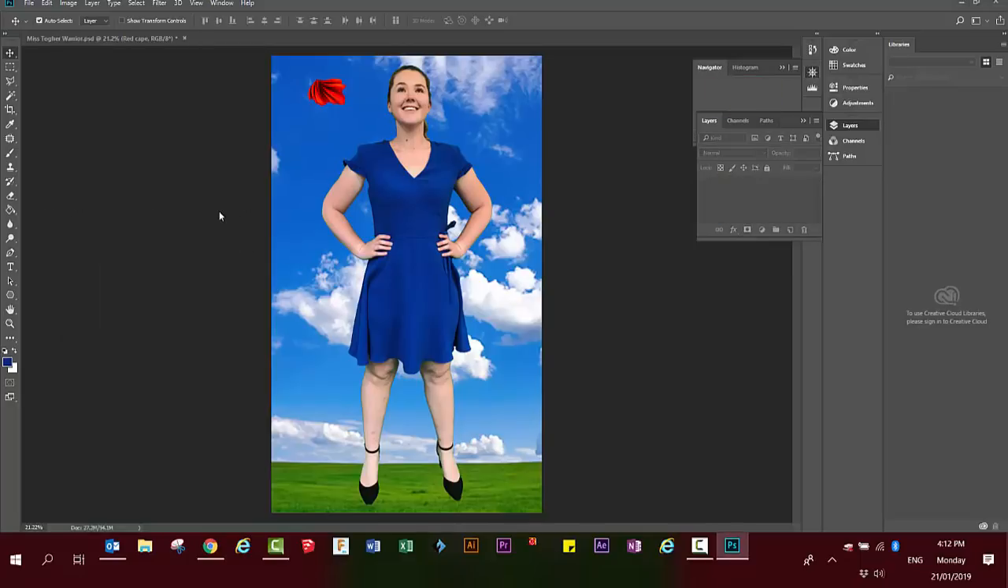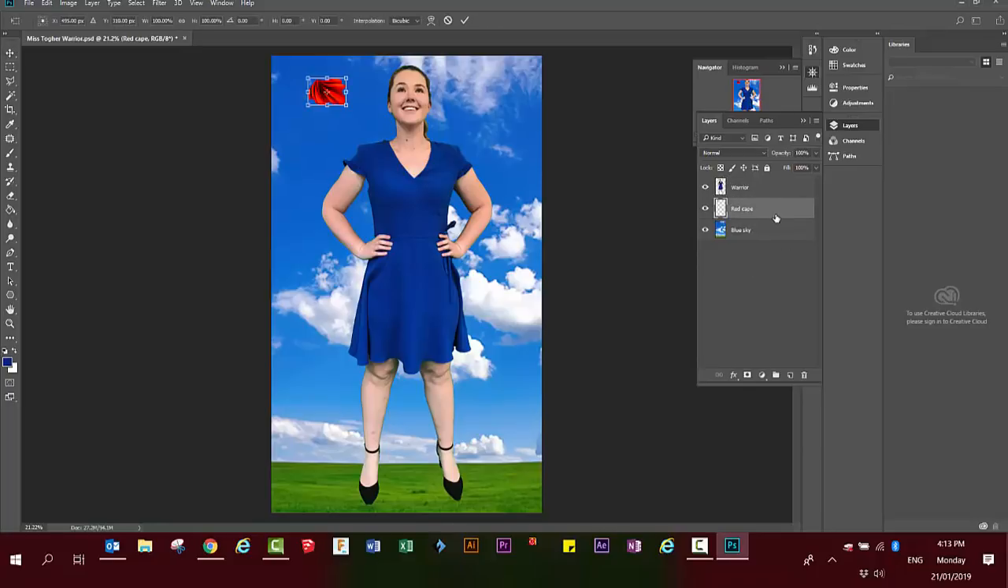Close the other open file. The layers should be warrior, red cape, blue sky. If they're in the wrong order, just drag them so they're in the correct order, making sure that you are the top layer. So now select the red cape layer, Control T to transform it, hold the Shift key down